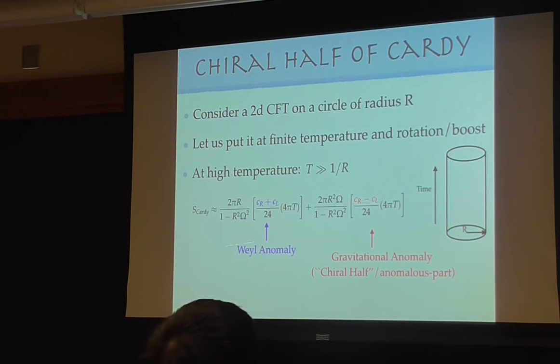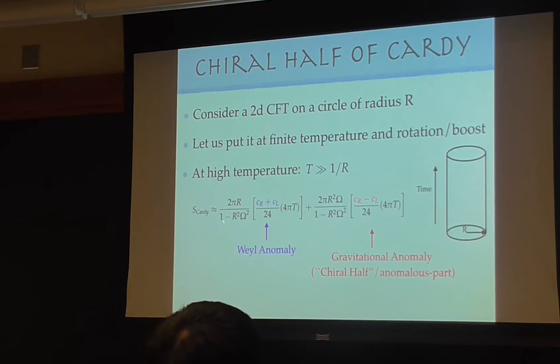And this is true for any CFT2, let's say unitary CFT2, so that I don't deal with some subtraction of the stuff. So this is the result at high temperature in 2D. Now, probably you're more familiar with this piece that is proportional to C left plus C right, and is linear in the temperature. So this is what is called the Weyl anomaly, or the trace anomaly, or the scale anomaly, depending which one you prefer.